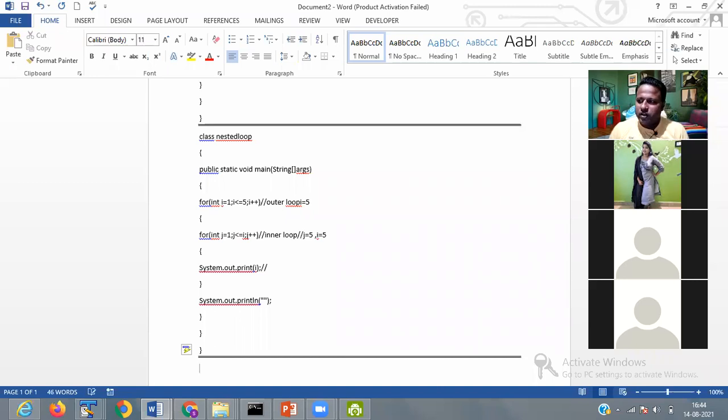Okay, so I have given you the tasks. Take two numbers from the user and show all multiplication tables between them.